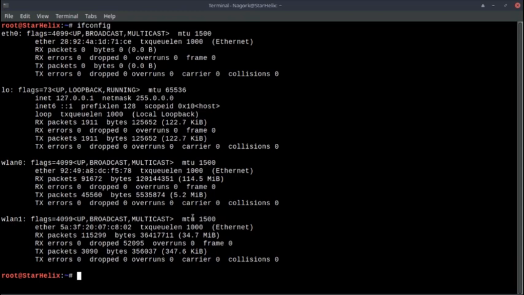For the wireless network adapters, I have two. The default built-in one that is called WLAN 0 and the external Wi-Fi adapter that I'm going to use for this video that is called WLAN 1. Now you should see your card named something similar like WLAN 1 or WLAN 0,